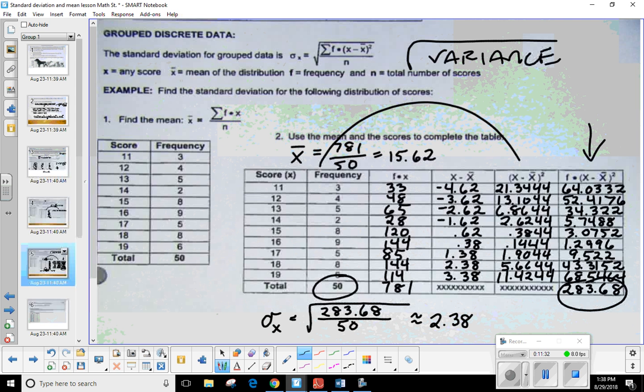Now, if I simply take the 283.68 and divide by 50, that is the variance. Once I take the square root of that, then that's my standard deviation. Remember, we're going to use this lowercase Greek letter sigma to represent that. Okay. All right, now we're going to go through another one of these together by hand, but